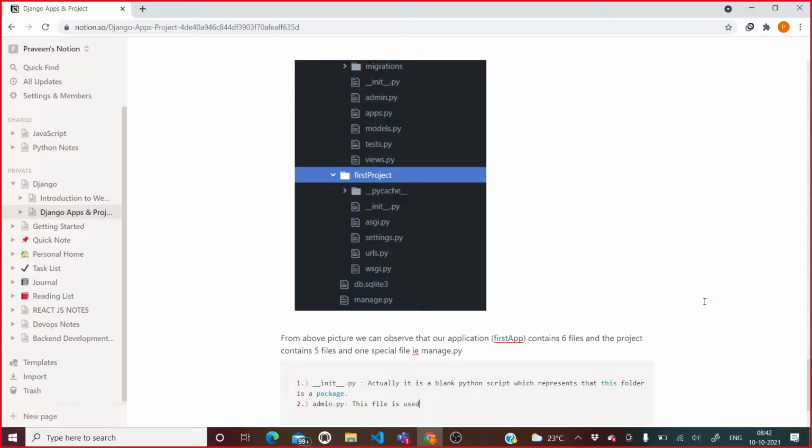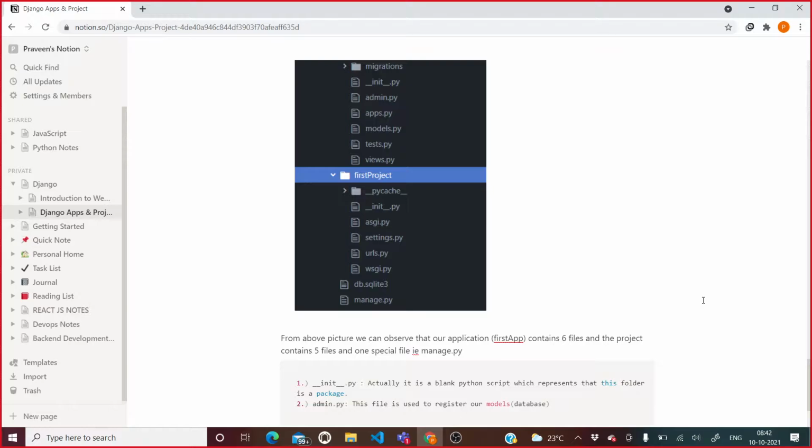This file is used to register our models. What are models? Database models, you can say. Database models are used to design the database, and this file is used to register our models.